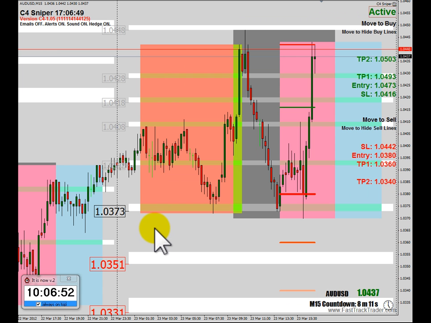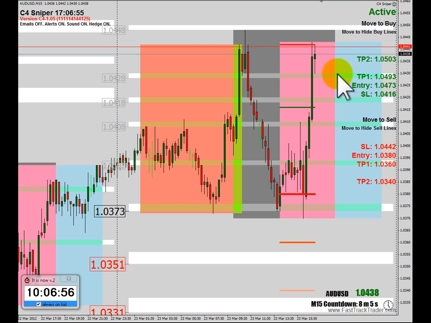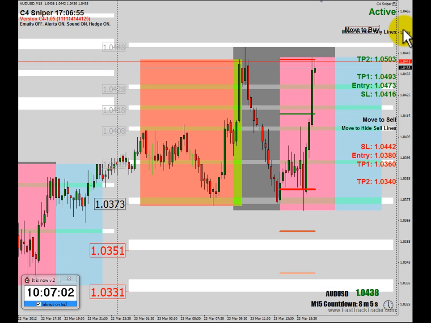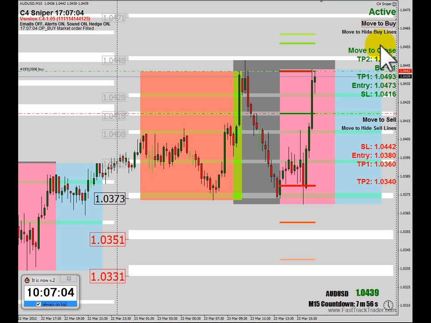Okay, so here's a little bit late on. Here's the Aussie dollar. Look how it bounced here a couple of times. Can't go down, so we're going to pop a buy here. I missed it. I'm a little bit late, but we're going to go in here and let's see if we can